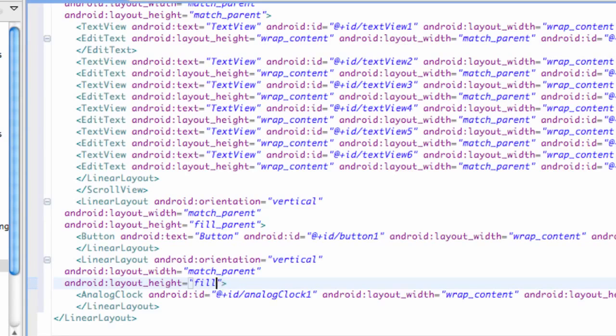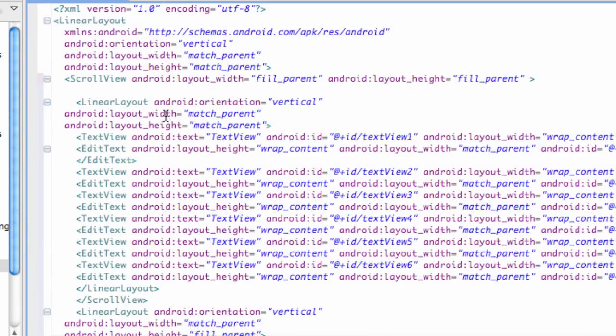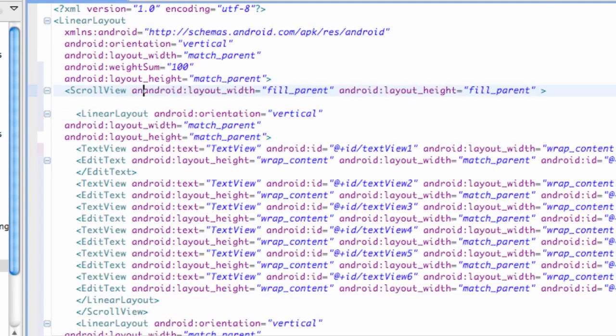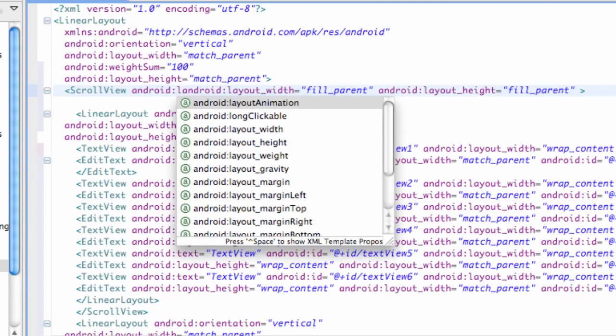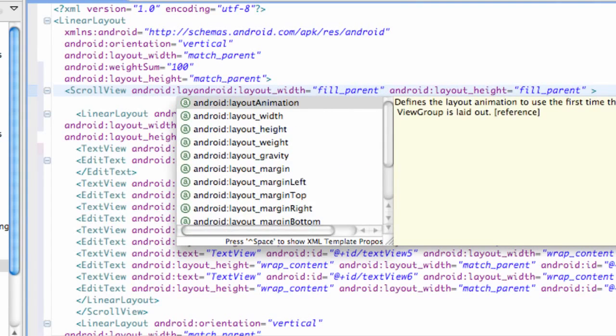Whoops. So kind of a boring tutorial, just get everything set up and introduce you guys to the scroll view for the most part and the analog clock, which I just threw in there randomly. So there we go. We basically have that set up, and now we're going to add the weight to our top or main linear layout that holds everything else. So we're going to say Android weight sum equals 100, and let's say we're going to give this scroll view layout weight,